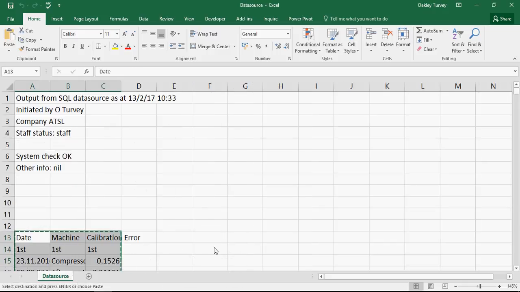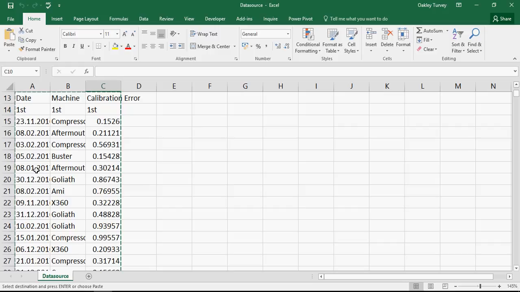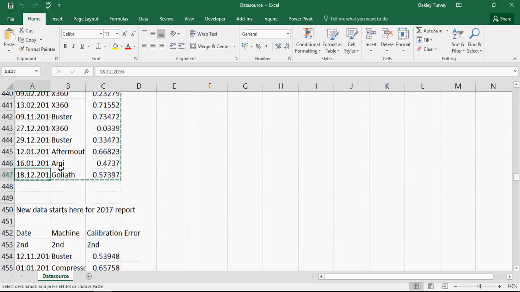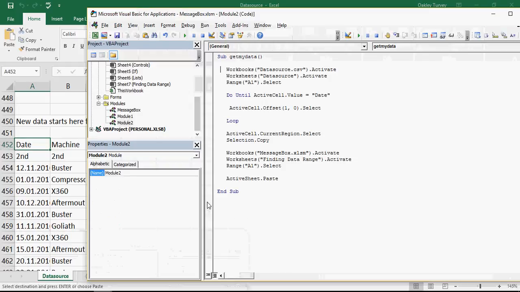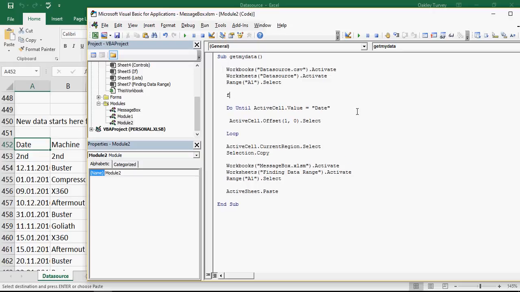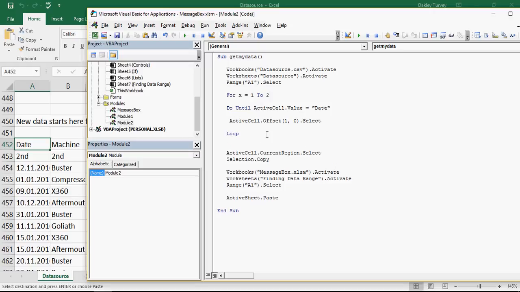Now that's all well and good, but that's found this first range of data here. What about the second one? Well, actually we can use similar code, so I'm going to go back into that code there, and I'm going to set another type of loop, and this is just going to be a simple for x equals 1 to 2. And now if I come down here and say next x,